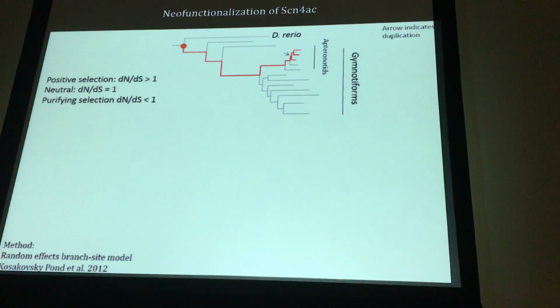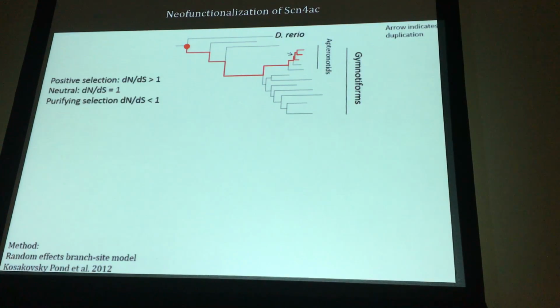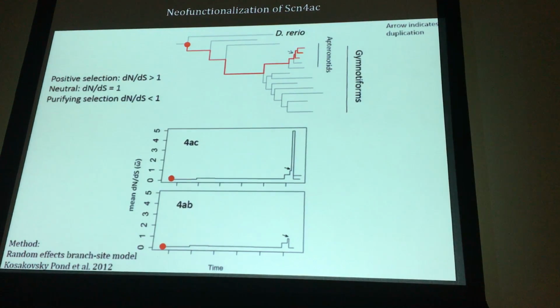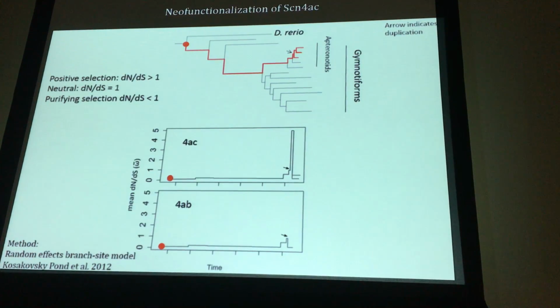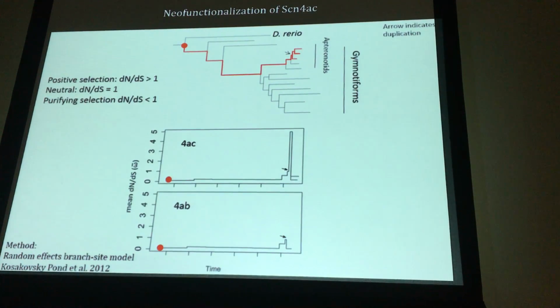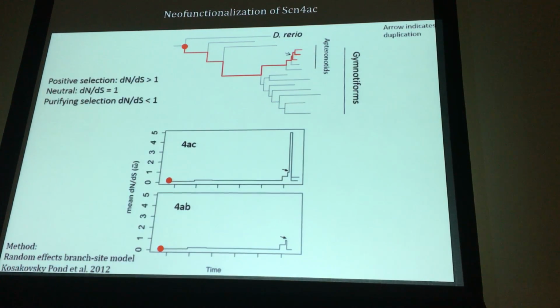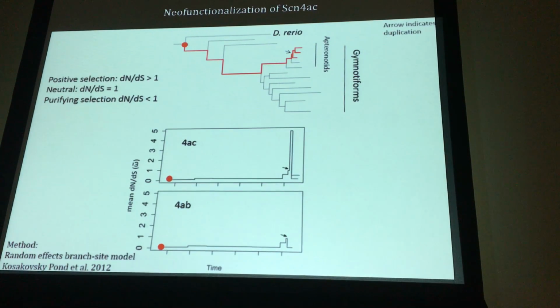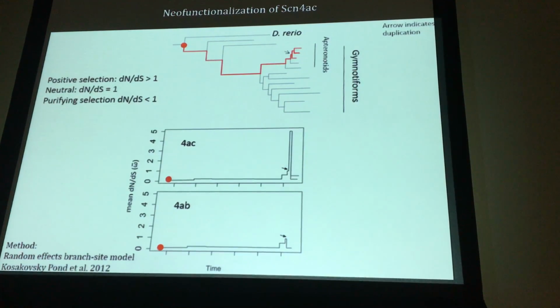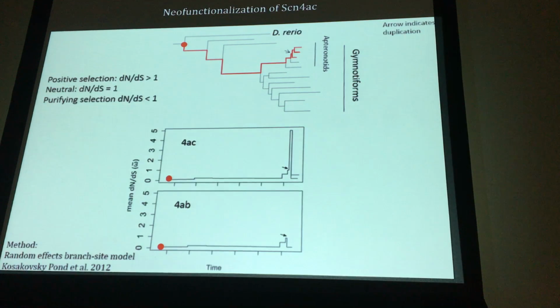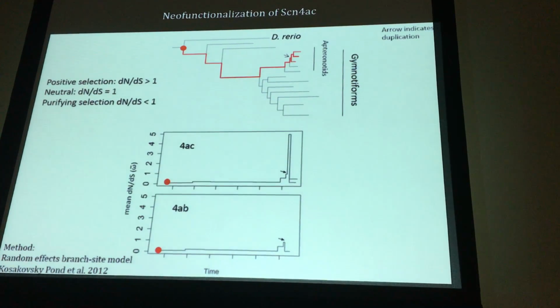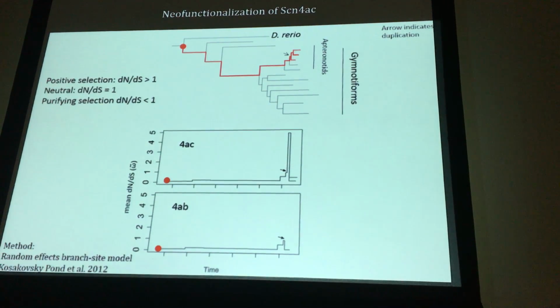And then just looking at the evolutionary history of the selection pattern of the DNDS ratio, going from the most recent common ancestor of the actinoids and the zebrafish, a non-electric species. We see that throughout the evolutionary history of both the 4AC and the 4AB duplicates, their shared evolutionary history shows a very conserved pattern of selection with the DNDS less than 1. But at the duplication event indicated by the arrow in these 2 plots, we see the type 4AC paralog, which is expressed in the spinal cords of actinoids. We see a sudden acceleration in its evolutionary rate, followed by